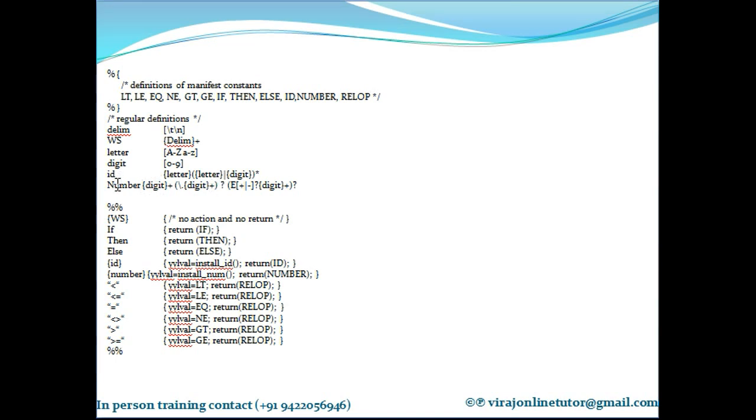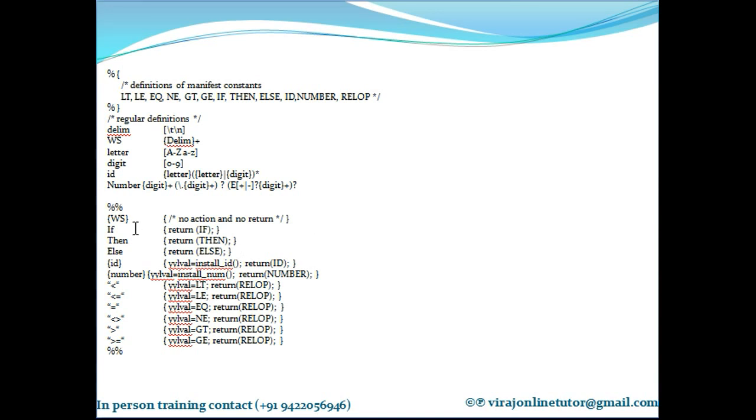But if it is a floating point number, this bracket is repeated once. So it is one or more digits followed by a dot and one or more digits. Similarly, you can represent a number in exponential form. That's why again I put a question mark after this bracket. That means this bracket, whatever it is, has to be executed 0 or 1 times. So if it is an exponential number, you can write e followed by plus or minus and one or more digits.